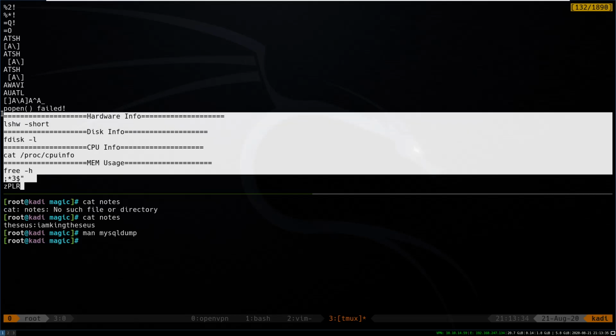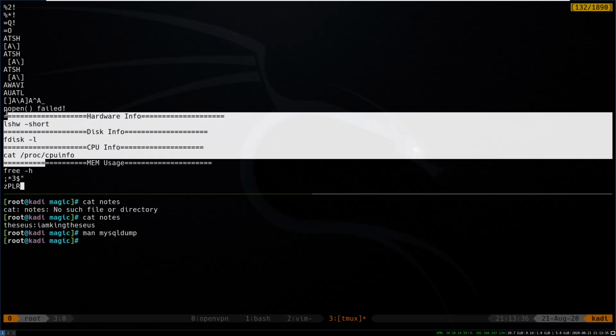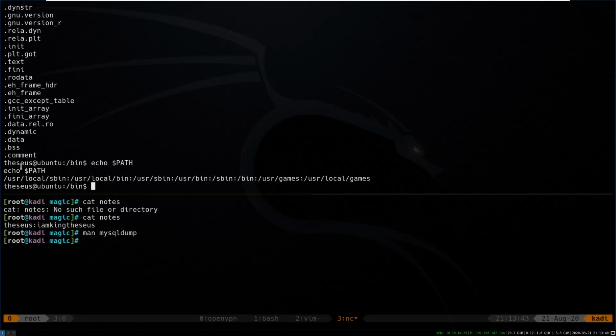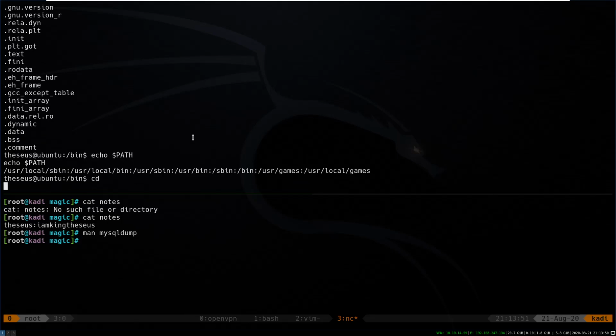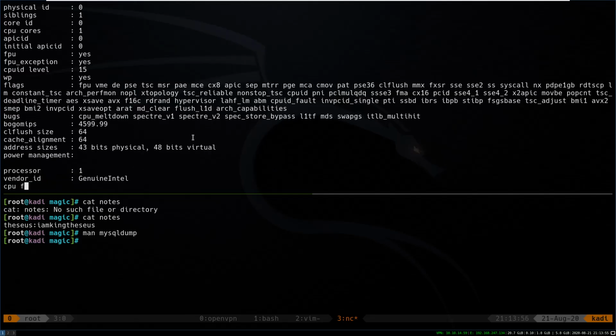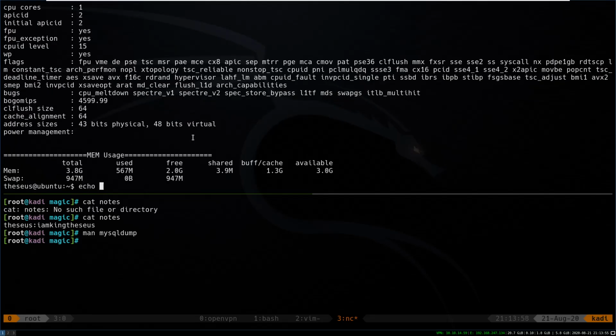The problem with this is they're not being called with the full path, and the reason that is important is because if we look at PATH, the system will look here first for anything that's called immediately. So for instance, if I go to my home directory and I run sysinfo, it's going to run that sysinfo command, right? However, if I run